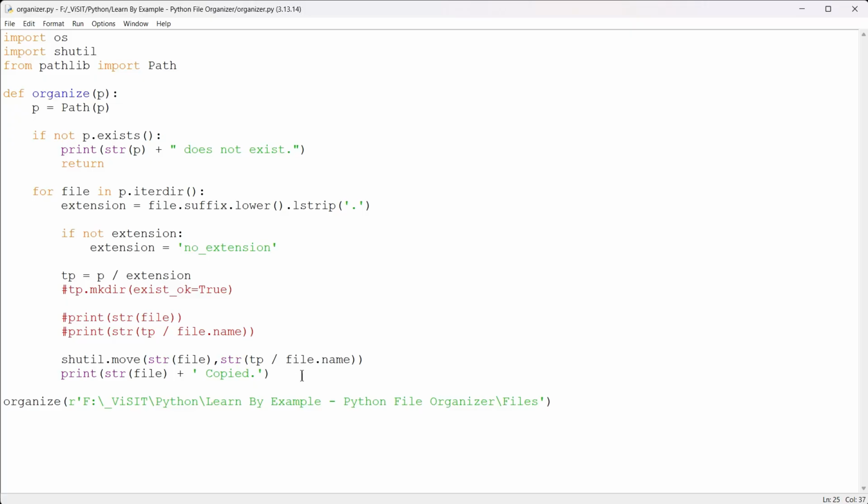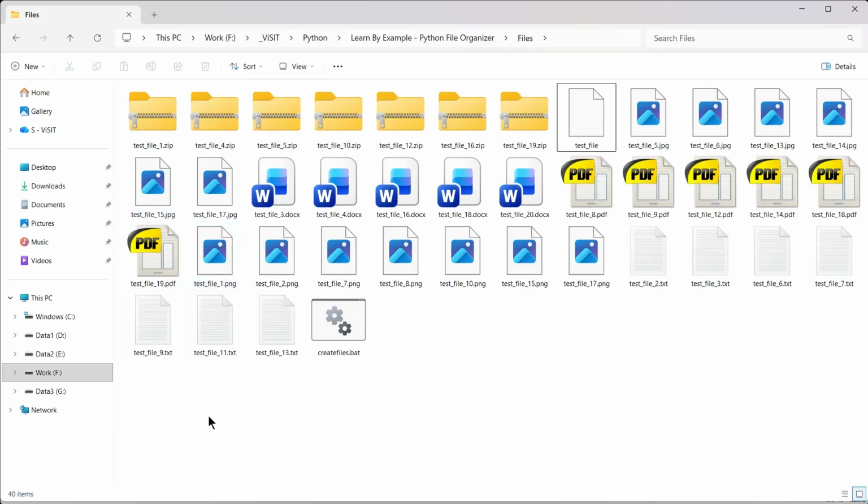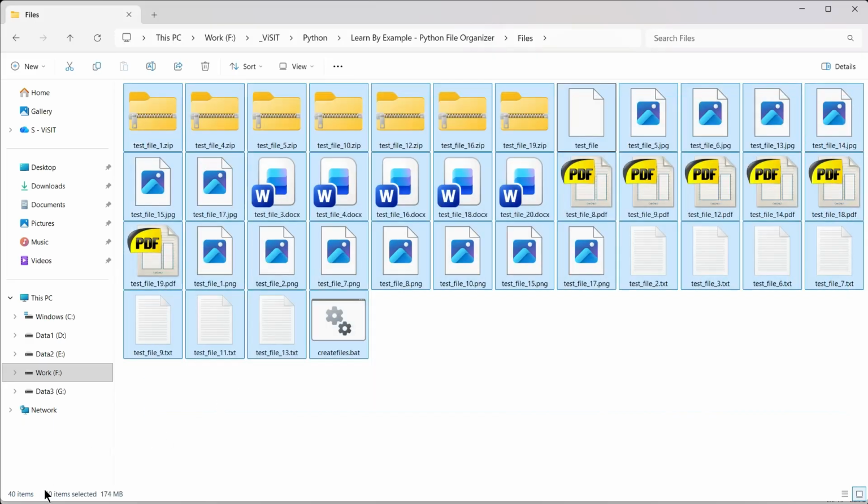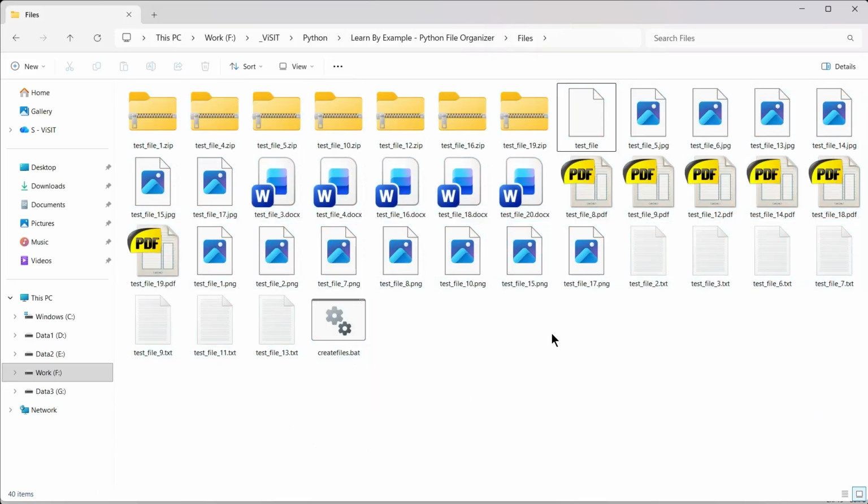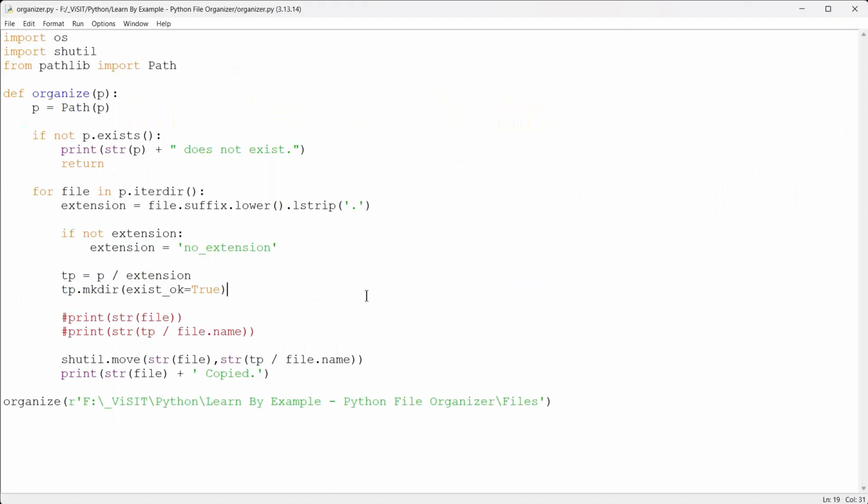And finally, it is time to test our application. We will uncomment this one, save the file, and this is our folder with 40 files with different extensions. So let's go ahead and execute this code by pressing F5,